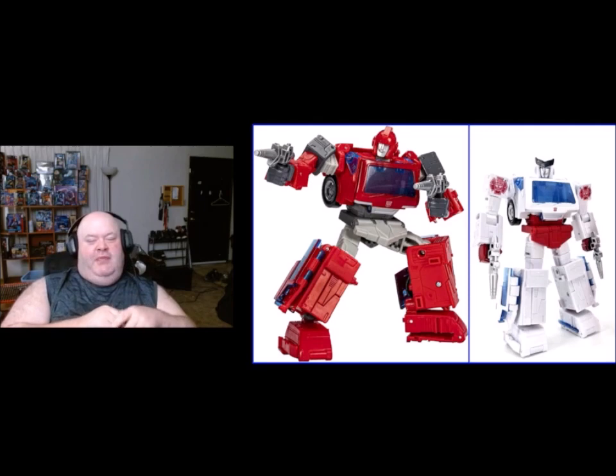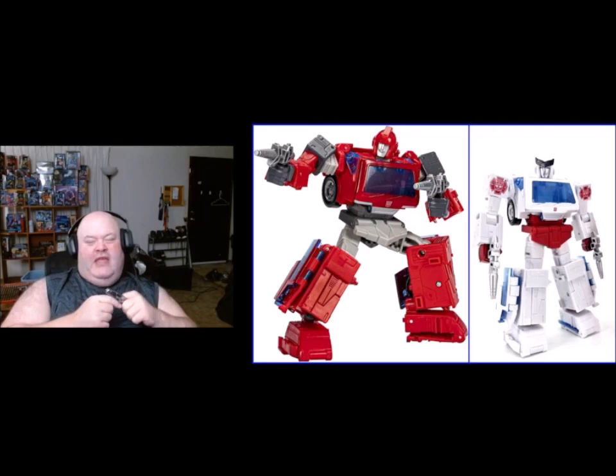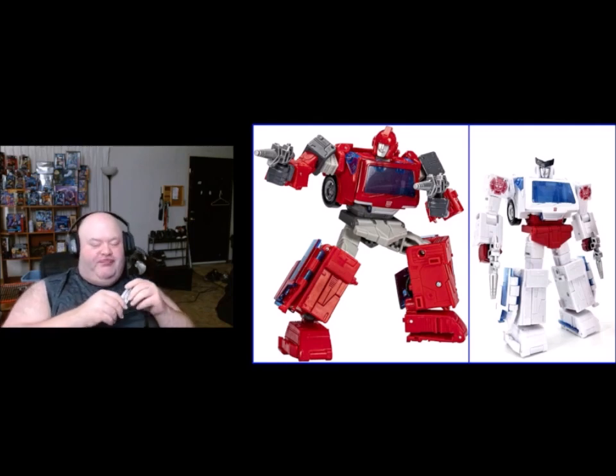I still need to pick up Wheelie, Core Class Wheelie. I need to get the red, I think they call it Red Frenzy or something like that. It's Frenzy, a red variant. And then I actually pre-ordered Ultra Magnus, but sadly the vehicle that Amazon was using to